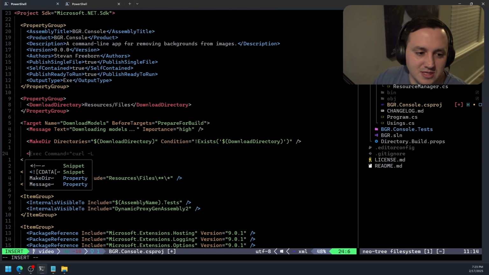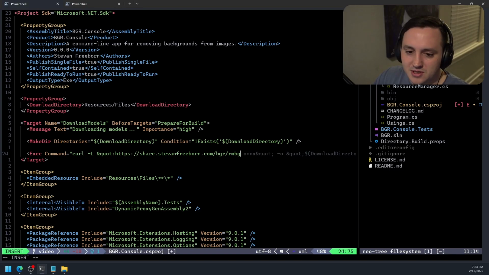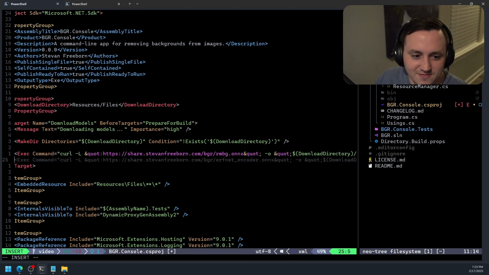In this case, what I'm going to do is add 3 different exec commands. Each of these are going to go out and grab that model from my static site. So curl -L, and then because I'm in an XML file, I'm going to have to use some entities. So I'll say quotes, https://share.stephenfreeborn.com/bgr/rmbg.onnx. And then we're going to output that to the download directory, specifically the rmbg onnx file. And now all I need to do is repeat that for each of the files that I want to download,